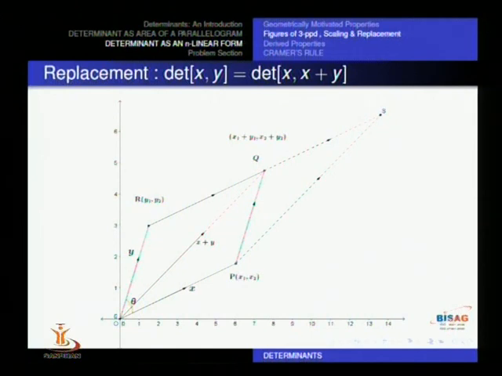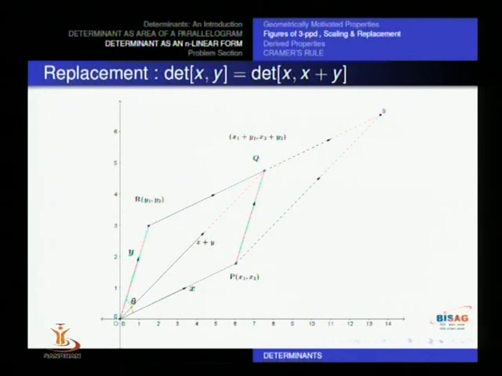But because x plus y, the new diagonal vector, is made up of x and y vectors, it is made by adding these two vectors, replaced basically. So y is replaced by x plus y. So we are going to talk about two types of determinant values here. The first determinant, that is area of OPQR, will be determinant of vectors x and y, and in the new case area of OPSQ will be determinant of x and another vector x plus y.